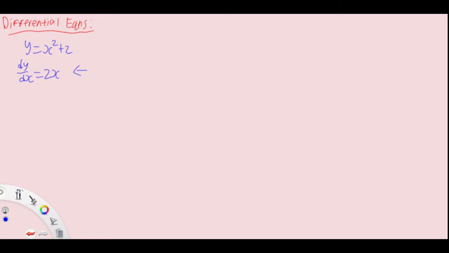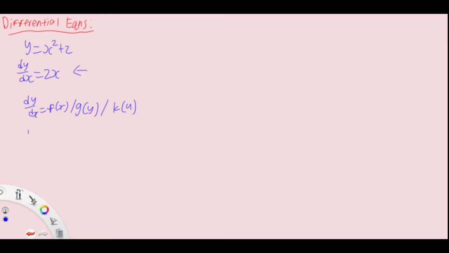Any derivative is possible. So you can have something like dy/dx equals any function f(x) or any function g(y). Not necessarily y or x either. You can also have an equation in terms of u, so if you have a function k(u). Anything is possible as long as there's a derivative inside. It can also involve higher order